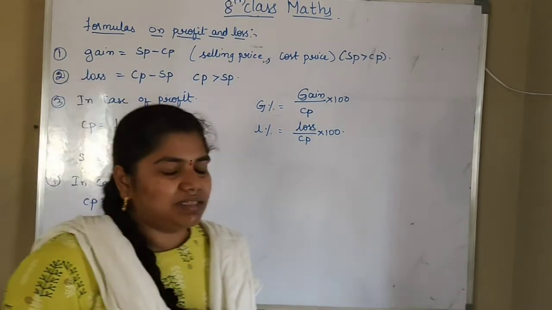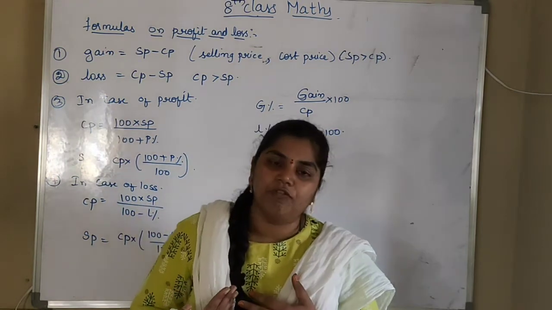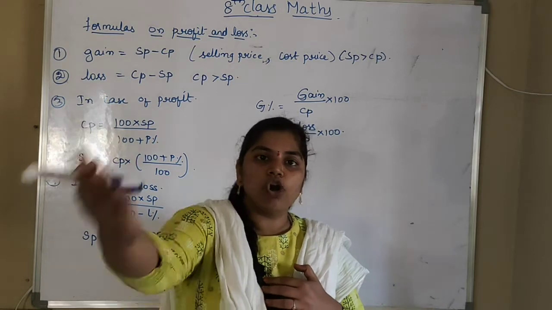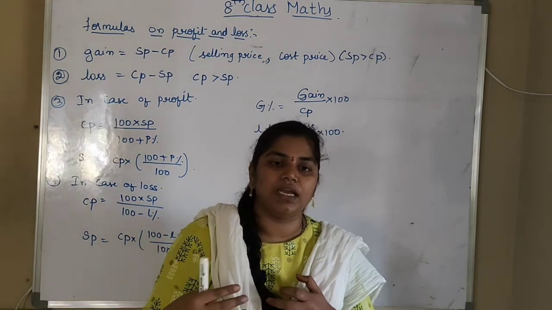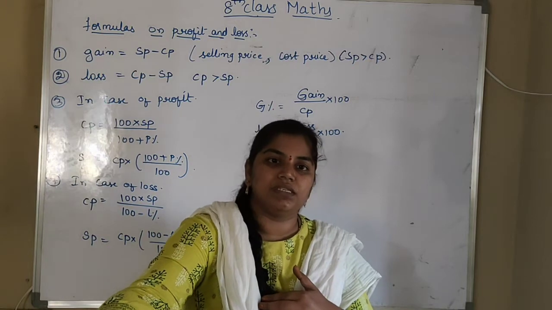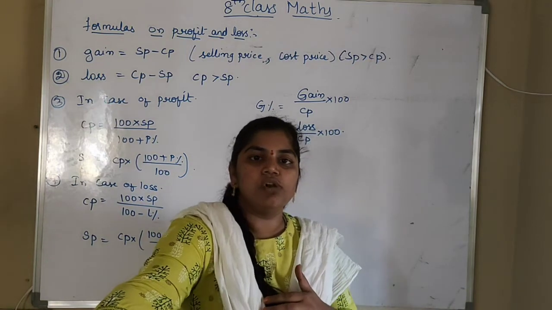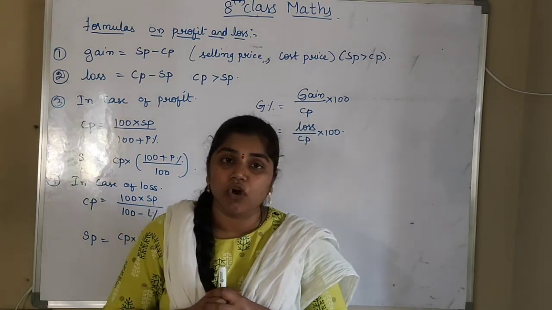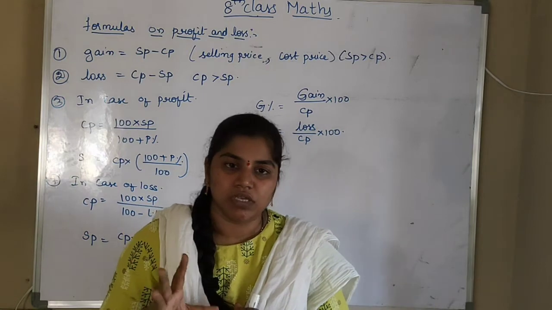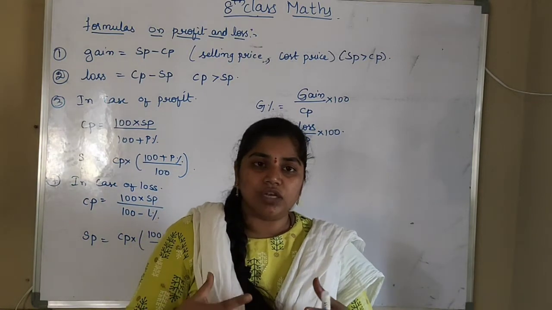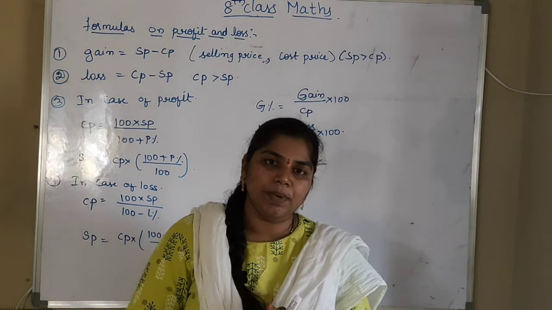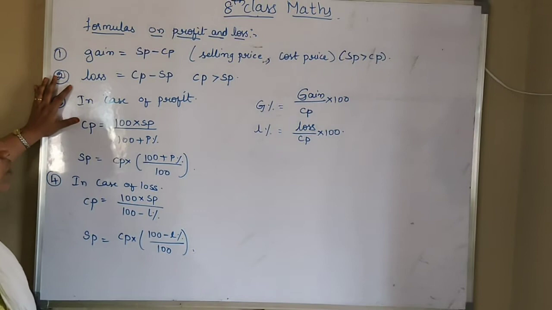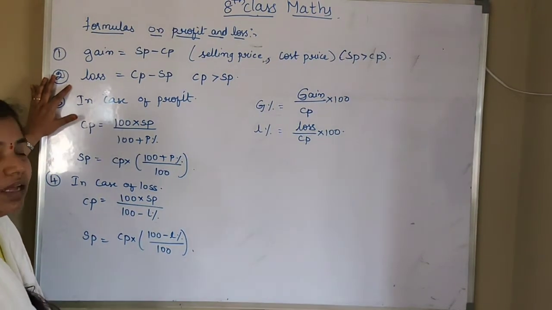So again the same example I am taking. I bought a pen for 20 rupees. I bought is nothing but cost price. And I sold it, I sold it means nothing but selling price. I sold it for 15 rupees. I bought for 20, I sold for 15. That means I got loss or profit there? Loss. How much rupees of loss I got? 5 rupees of loss. So in this conversation, cost price is greater than selling price. Is it right? So what is the loss here? CP minus SP. So always the cost price will be greater than selling price.